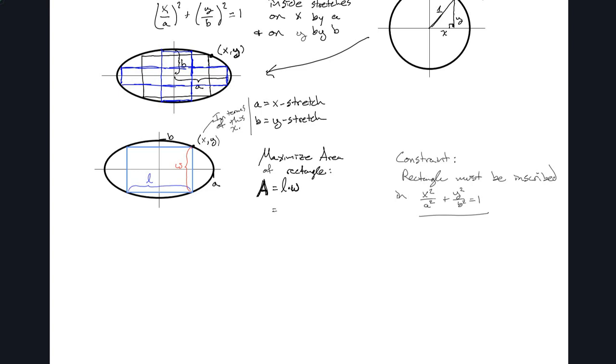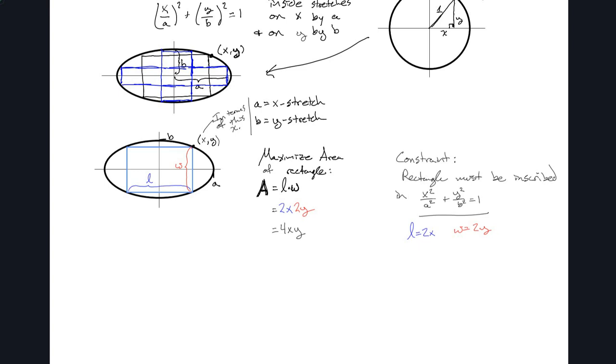So the length is going to be 2x, because x is half the distance of this, and then the width is equal to 2y. So if we put those into our area formula, this becomes 4xy, but we still have these two variables,